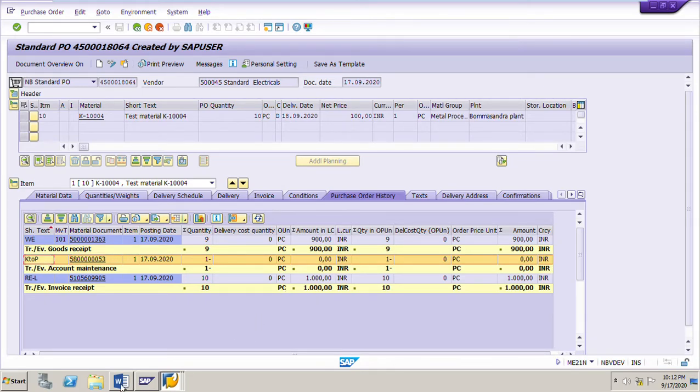So this is an exercise on how to clear the GRIR clearing account for a purchase order in which there is a difference between GR quantity and IR quantity manually. So this is how to manually clear the GRIR clearing account.